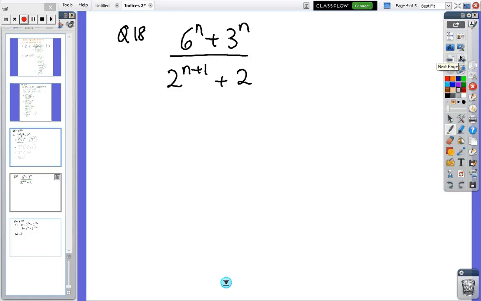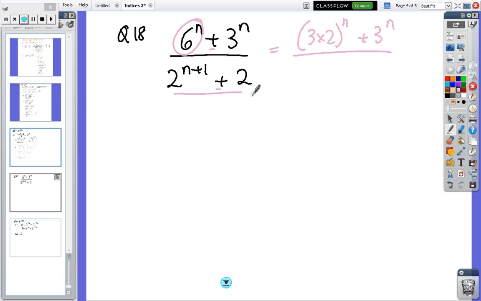So in question 18, again, this is probably the hardest one you'll have to do. So use the methods from the last few questions to simplify. Actually, we've got 2 more pages to go. So we need to look at how to factorise. There's nothing we can do when we're adding. We can't change that, but we can factorise. Now, 6 to the n is 3 times 2 to the n plus 3 to the n, all over